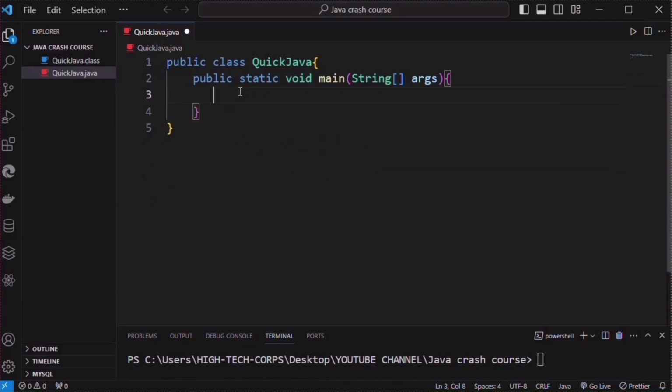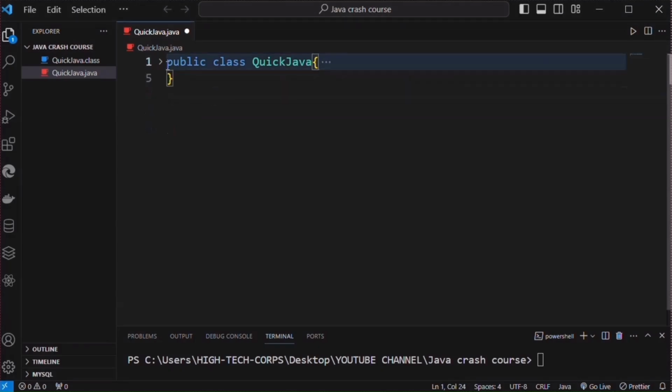The next thing we are going to see in this video is how to take user input in Java. User input means we will make the program take a value from the user while the program is already in execution and assign this value to a variable in the program. User input in Java is taken with the use of the Scanner class, which we need to import at the top of our program. So I will come at the top before the definition of our class,